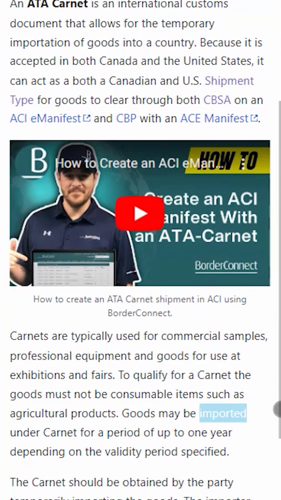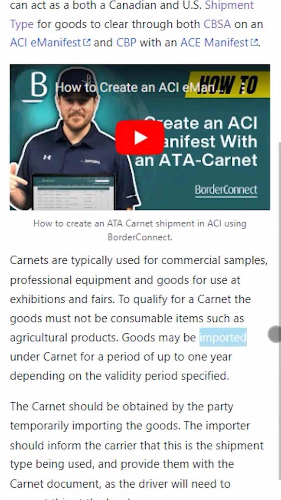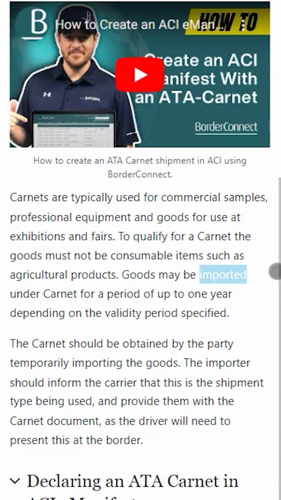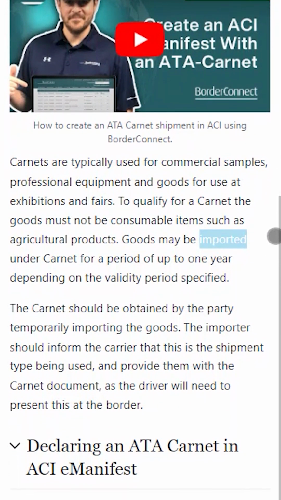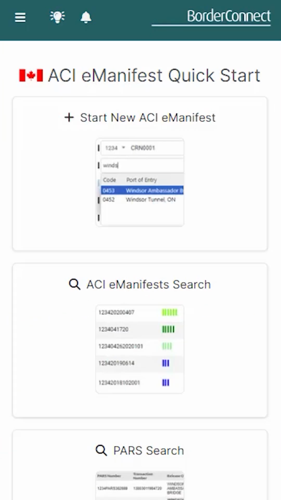the validity period specified. Carnets are obtained by the party temporarily importing the goods, and in most cases not the highway carrier. So the importer should inform the carrier that this is the shipment type being used, and provide them with the carnet document, as the driver will need that at the time of arrival. So now that you know the basics, let's shift gears and I'll show you how to process an ACI eManifest